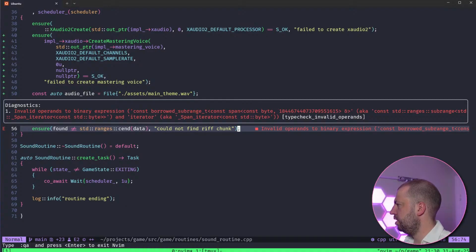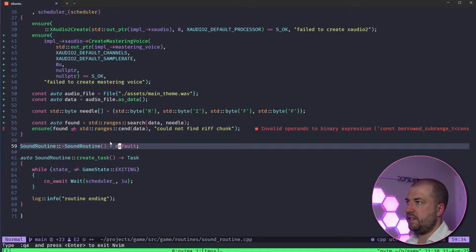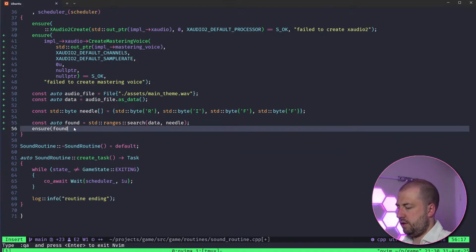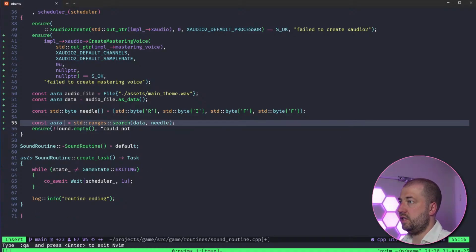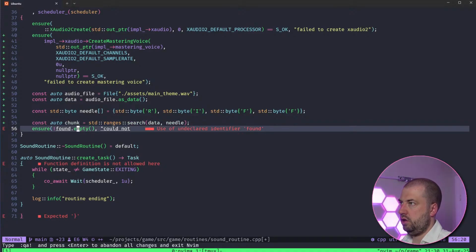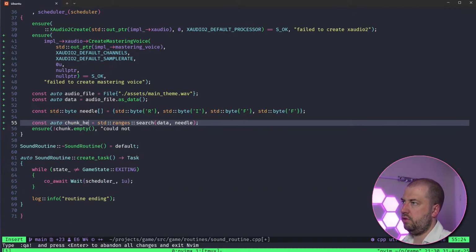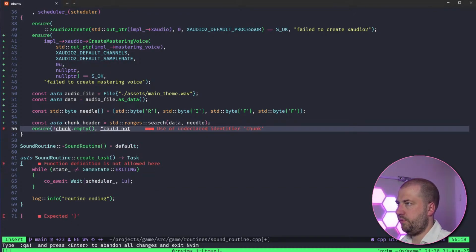Oh no, what does it return? It returns something strange, doesn't it? It's a sub-range. So in fact, I need to ensure found dot empty. In fact, let's name this better. So this is the chunk, right? It's actually the chunk header, isn't it? Get there in a minute.